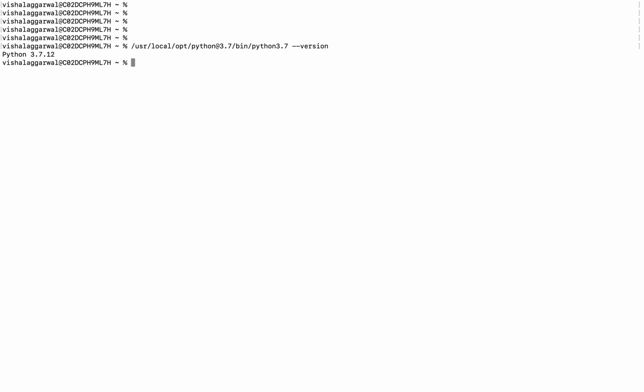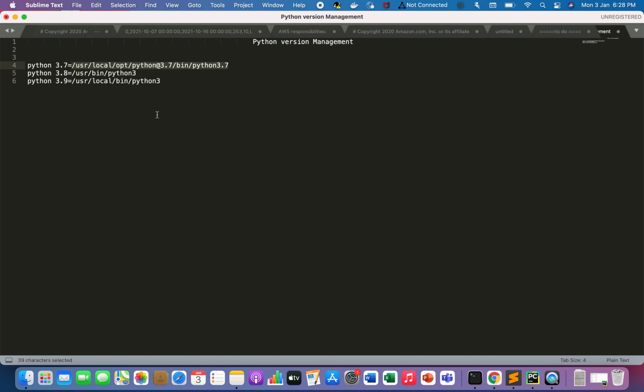Okay, so this is version 3.7.12, and if I check my Python version right now, it is 2.7.16 by default. Now I want a mechanism such that whenever I type python --version, it will give me 3.7.12 or the version that I want. For example, starting with 3.7.12, I want it reflected anywhere I am using Python.